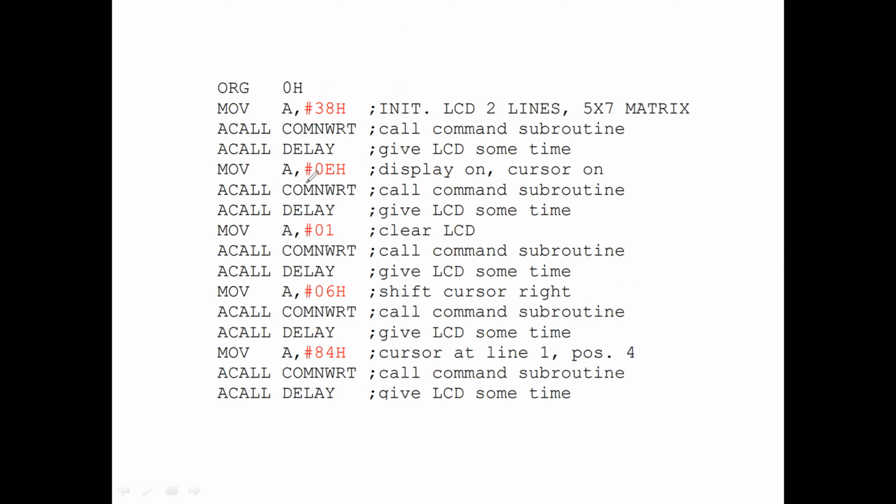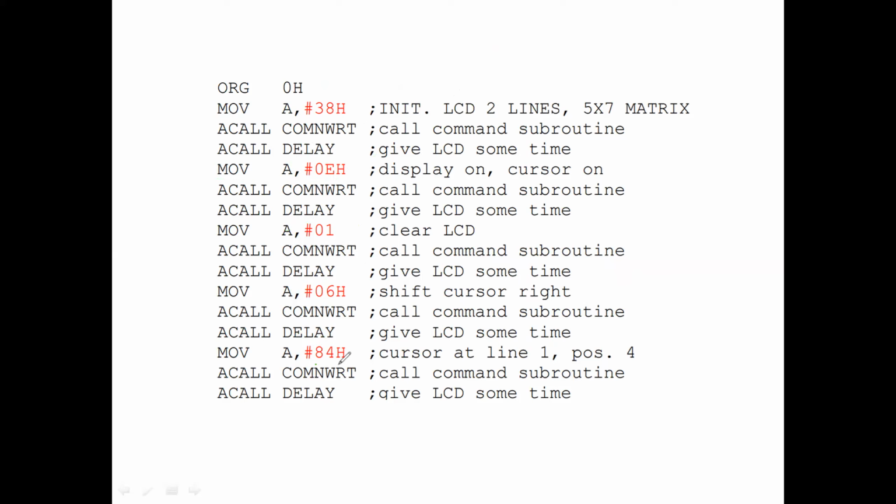In the same way, we put the data into the accumulator, whatever the command, and call the command write subprogram. Similarly, whatever command you want, you send it to the LCD. We have discussed the 0E, 01, 06 commands, everything.